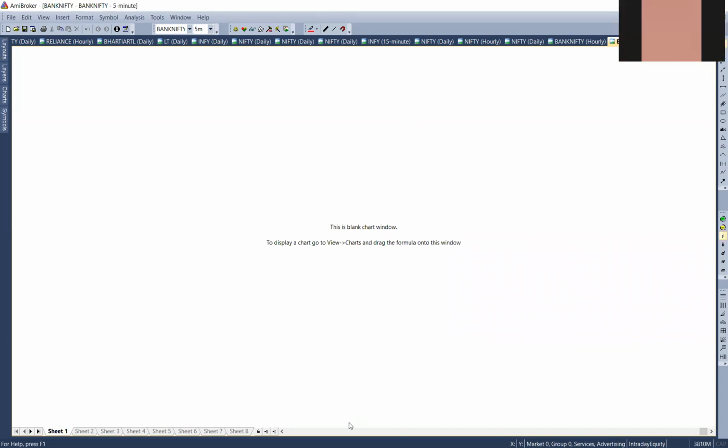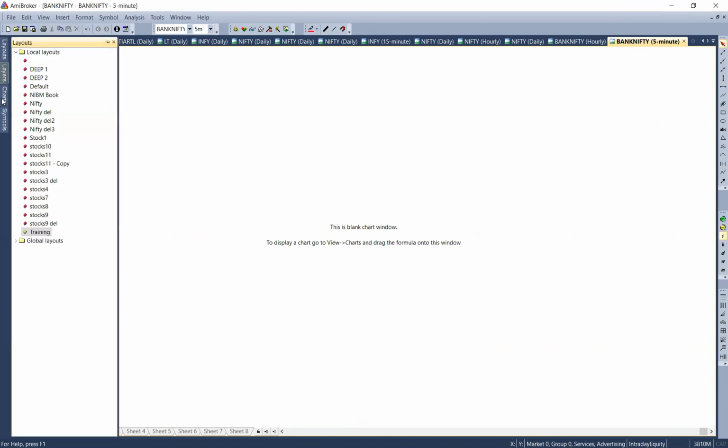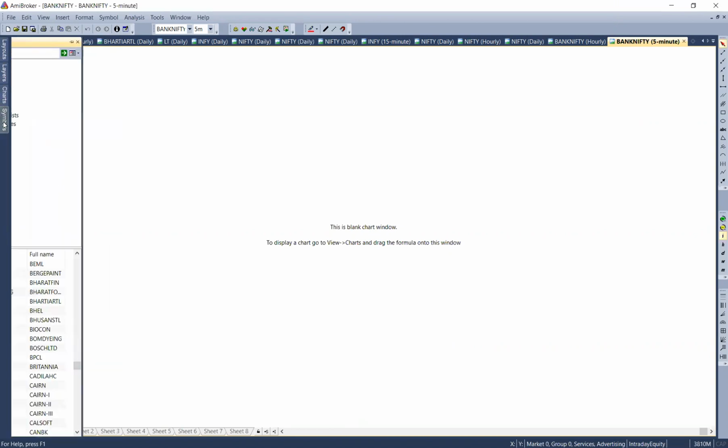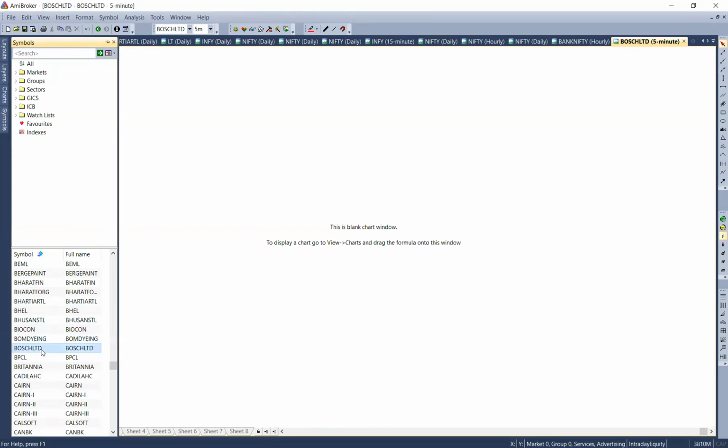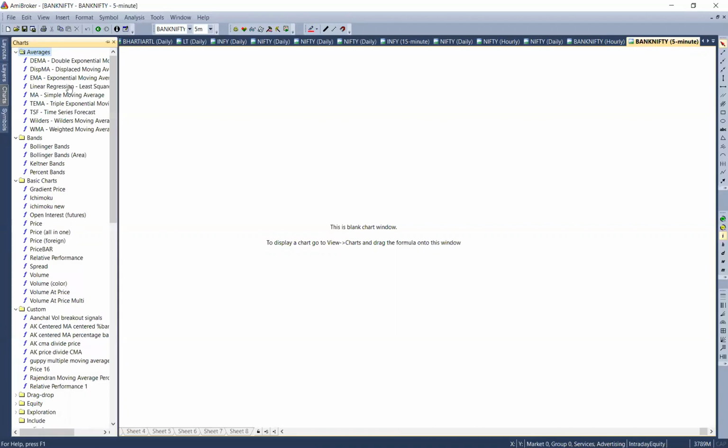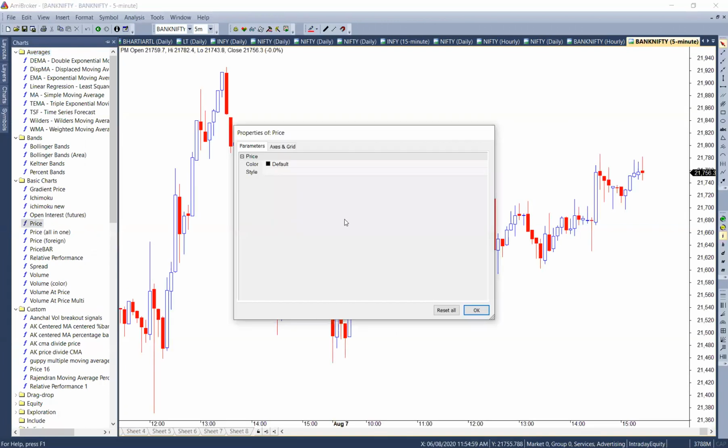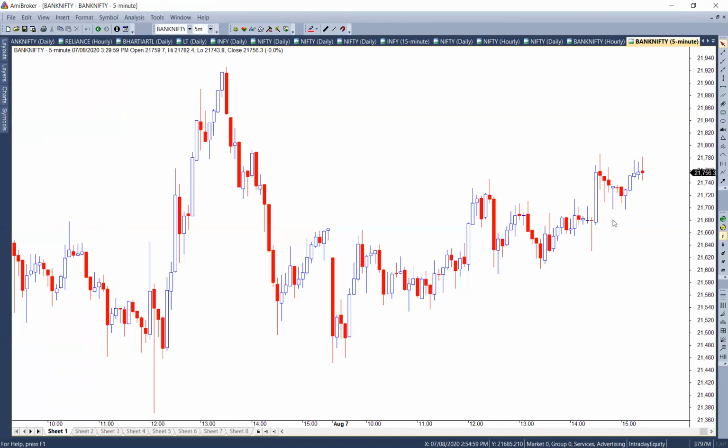Okay, so over here, I'll just go on the chart section, and I will go to the symbols. Once I go to the symbols, I can type here, say Bank Nifty. Once I'm on Bank Nifty, you can see this is changed to Bank Nifty on the screen. Once this has changed to Bank Nifty, you can then go to charts. Once you go to charts, you'll see various indicators, everything here. So there is basic chart. Go to price. Simply drag and drop price here on the screen, and you get the price which is plotted.